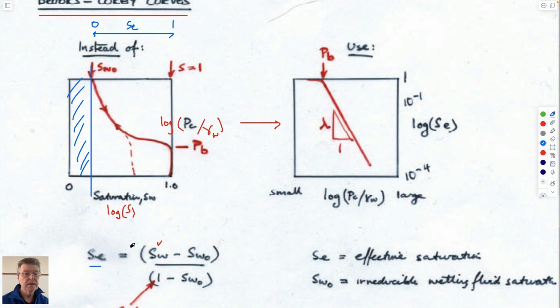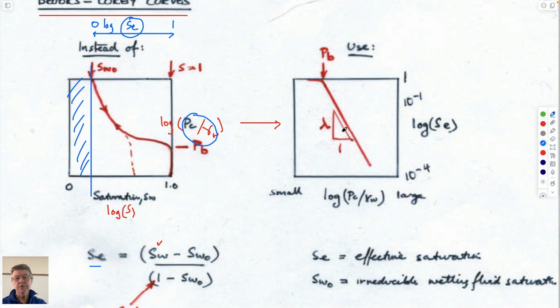That's what we're doing. So by doing this little jinx, we're just lopping off this portion of the curve and centering it on this. So it's useful to do that, because if we do that, then if we plot the effective saturation, this term here, and the capillary pressure divided by the unit weight of the fluid, and take the logs of each of these,